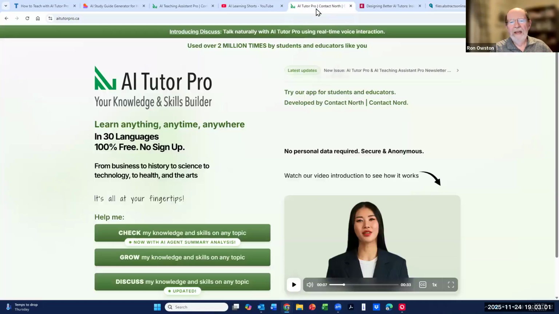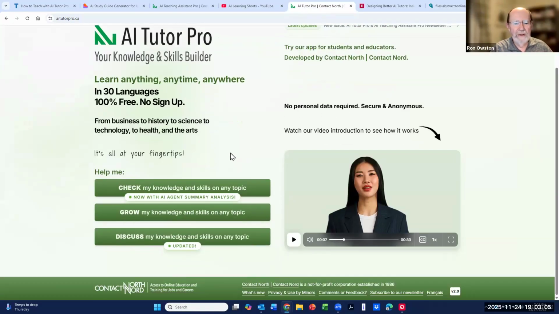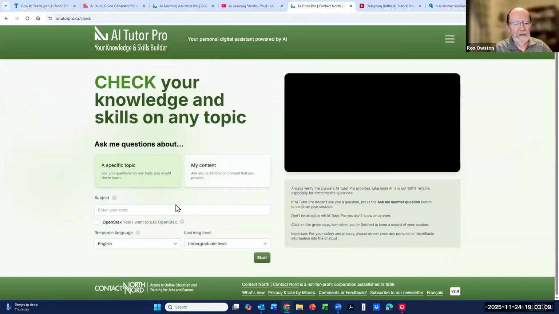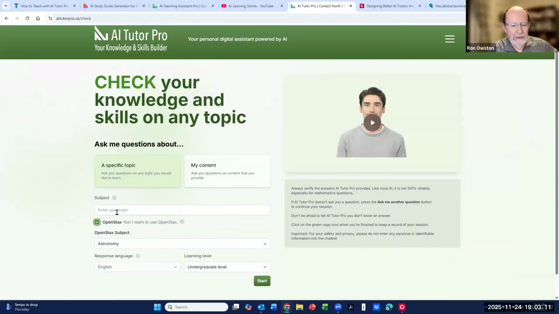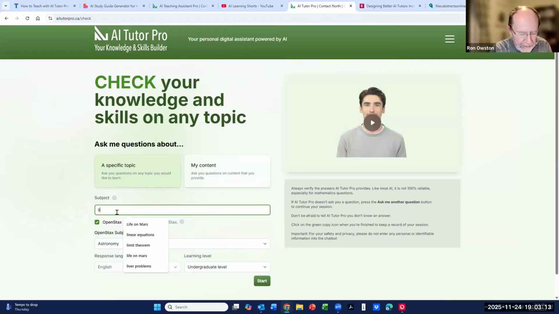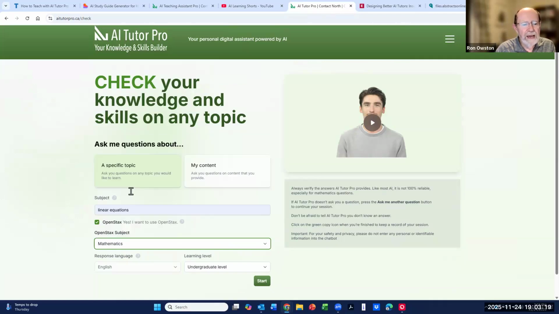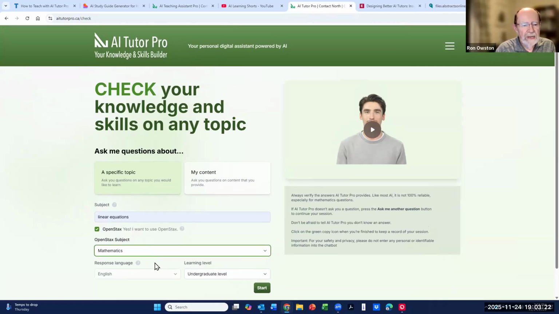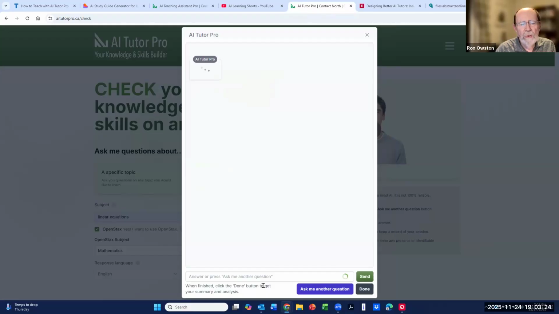But I'm going to tell you a little bit about what we're planning on doing. One of the issues is hallucinations, of course. Here's OpenStax as an example, linear equations I'll put in, and I'll take that from the OpenStax math collection. And the answers, we know where the answers are coming from in this particular case.